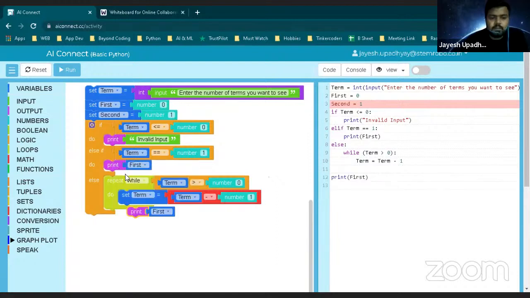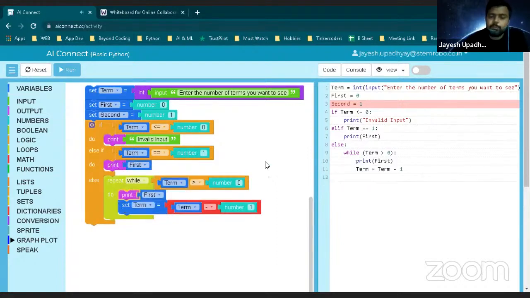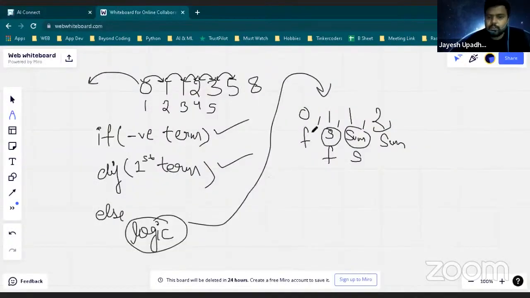I will say that always print the first number. Okay, always print the first number. So the first number is 0, and I want to find the next number. So it's just like this. First, print the first number, then the loop works. Then change the second to first and sum to second. Okay, so we need to do this. So for that, what I will do,